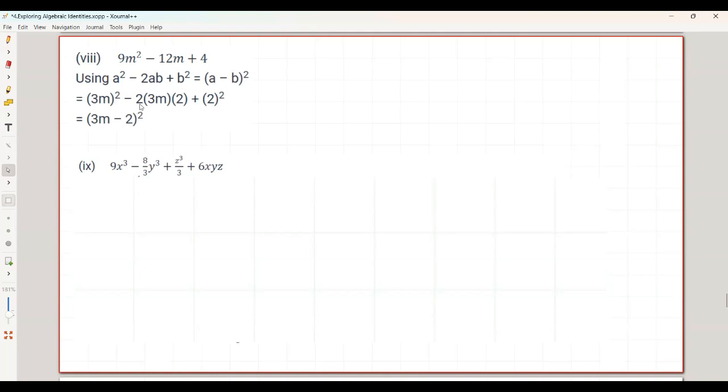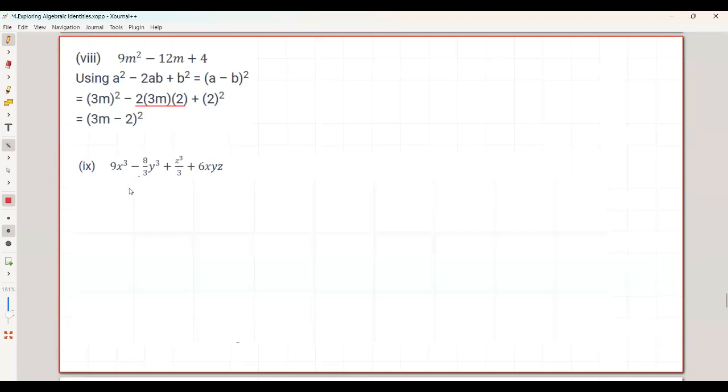Okay, then minus 2ab means we can write it as 2 into a into b. So 2ab. From this, our aim is to find out what a is. A is nothing but 3m, b is nothing but 2. Okay, (a minus b) the whole square. It's over. Now the ninth one, 9x cube minus 8 by 3 y cube plus z cube by 3 plus